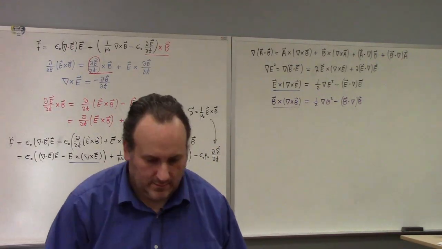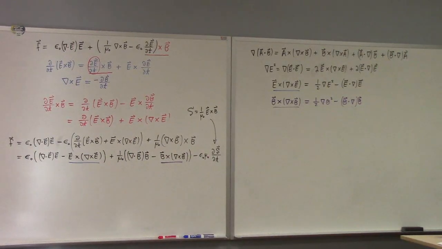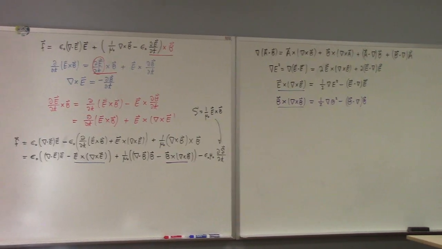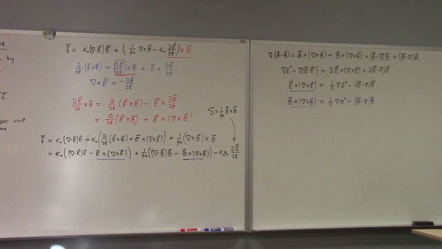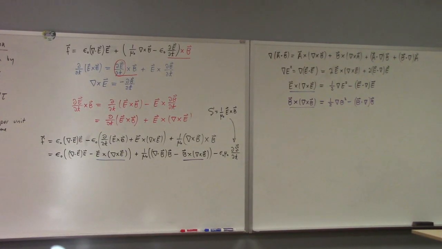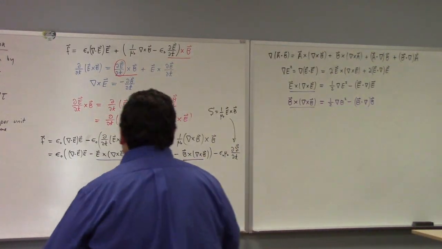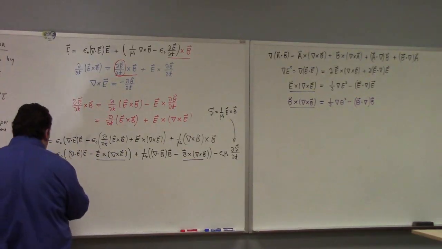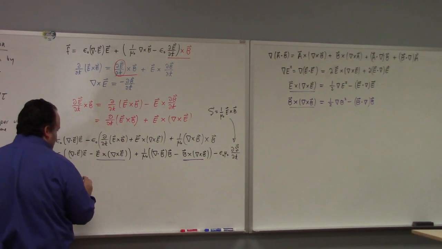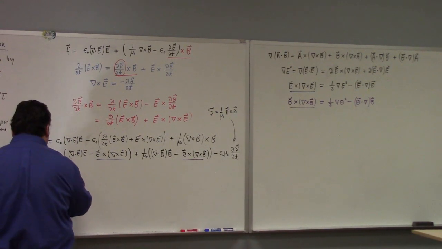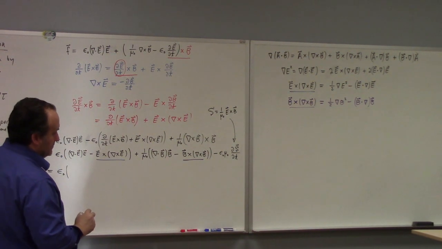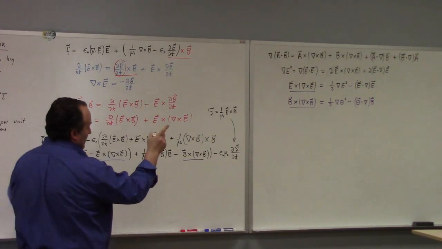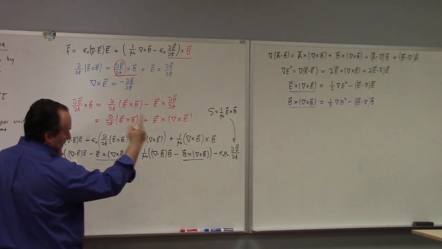Sorry, I'm trying to get through this fast enough that we still have time for an example, but the algebra here is kind of formidable. If I was smarter, I'd just write down the answer. But anyway, here we have epsilon naught. Notice the minus, so I need to account for the minus. So I get